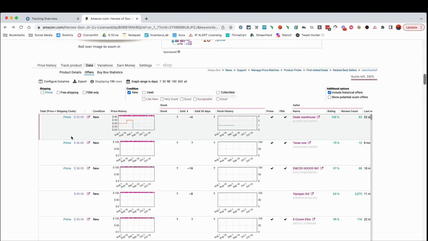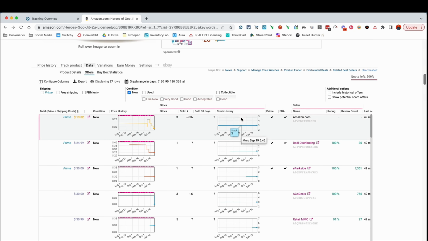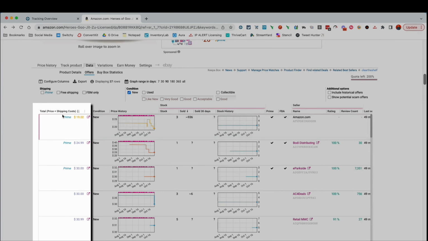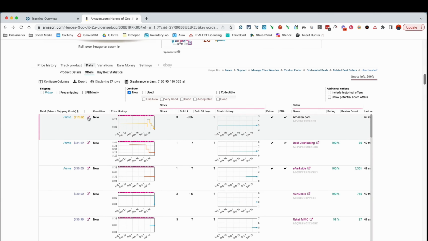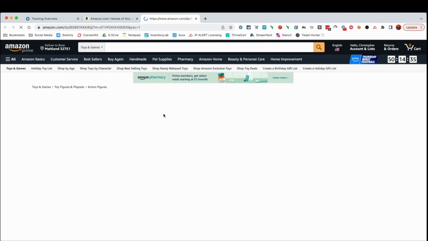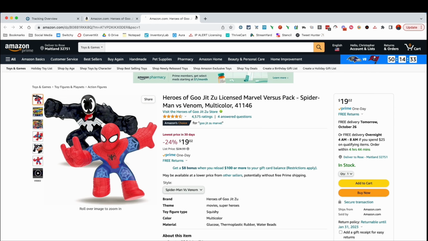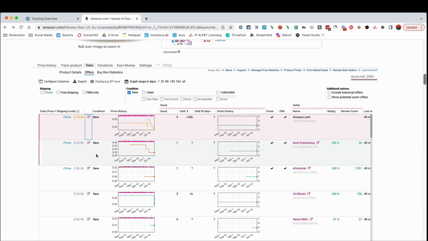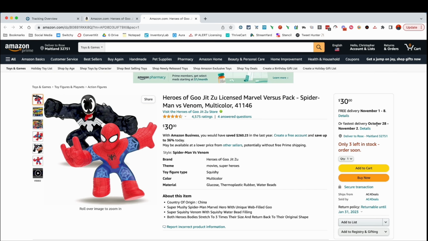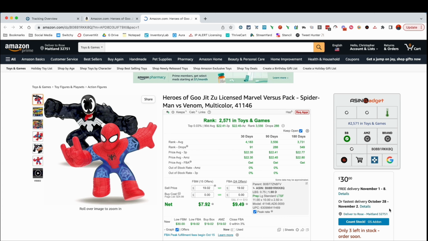All right, now, in this particular area here, let's remove those historical offers. In this area, we've got the total price and shipping cost, so 1902. And right now, this is sorted from the lowest price to the highest price. If we want to, we can click on this little box here, and it will take us directly to that offer. So if you click down here, it'll actually take us directly to the offer from AC4 Deals